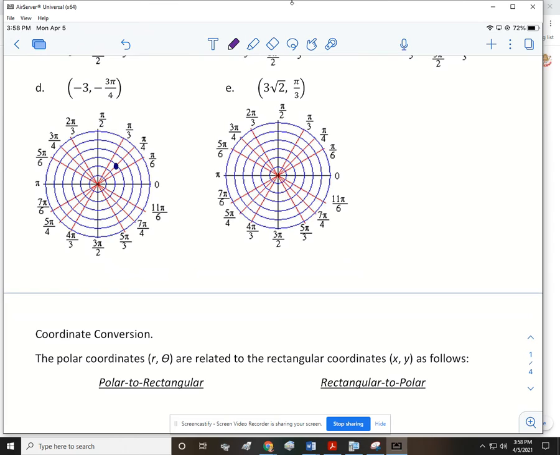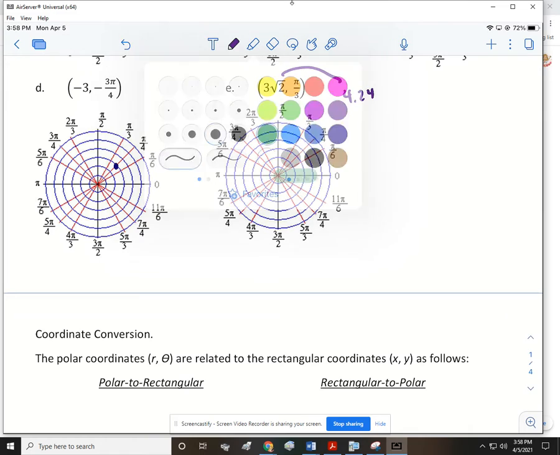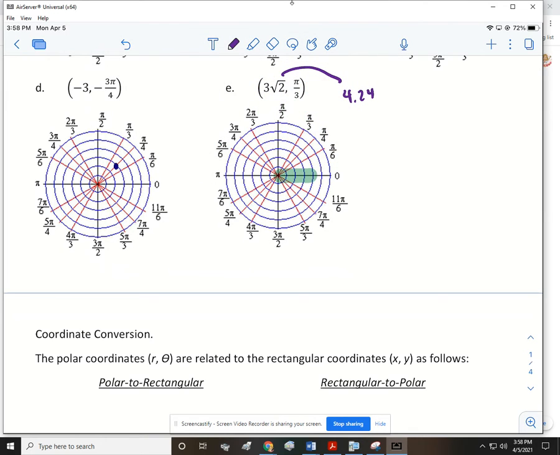All right. The only thing that makes this a little bit more difficult is that we have that square root, but it's okay. We can find the square root of 2 and multiply that by 3, and that's going to be approximately 4.24, so almost 4 1/4. We're going to rotate out 4 1/4 circles. So 1, 2, 3, 4, and a little bit more. And then we're going to rotate to the angle pi over 3. Should be about right there. Okay, so that is plotting